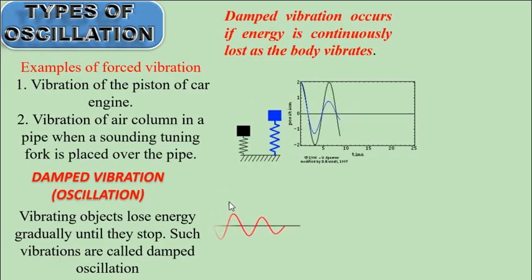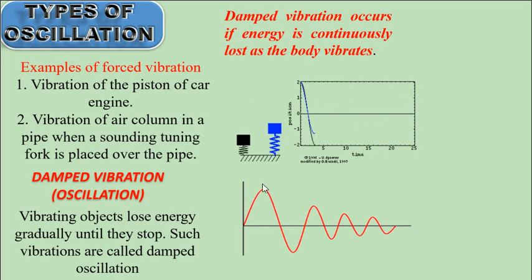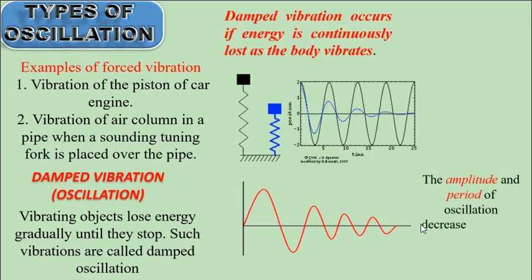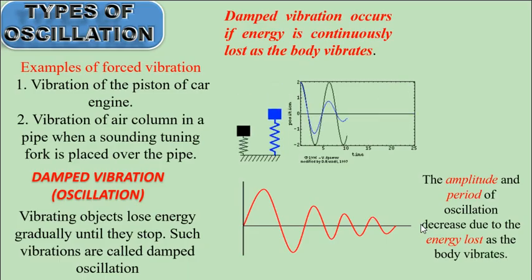So now the graph for damped oscillation looks like this. You see that the period of oscillation keeps decreasing, and also the amplitude keeps decreasing with time. So here you say the amplitude and the period of oscillation decrease due to energy loss as the body vibrates. So now this gives us the three types of oscillations: free vibration, forced vibration, and then number three, damped vibration or oscillation. So now let's move to the next